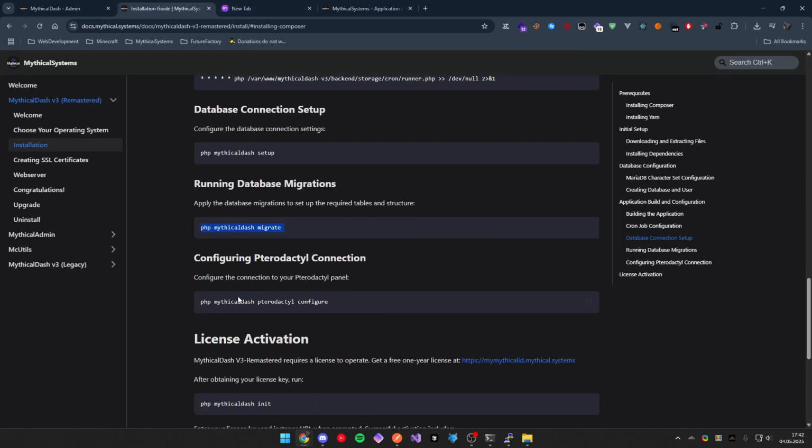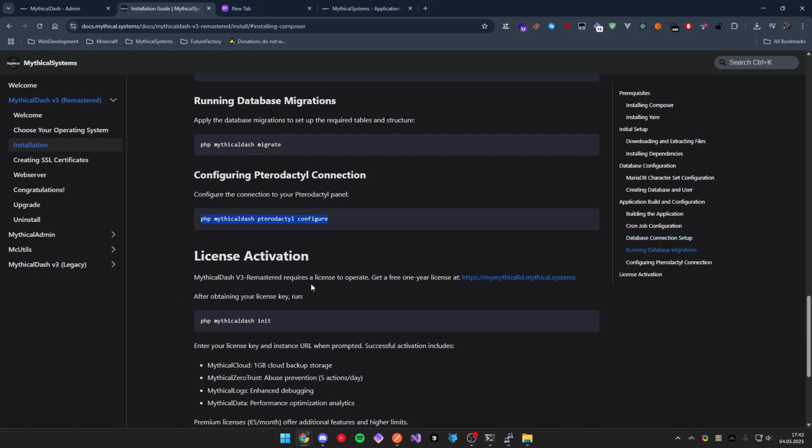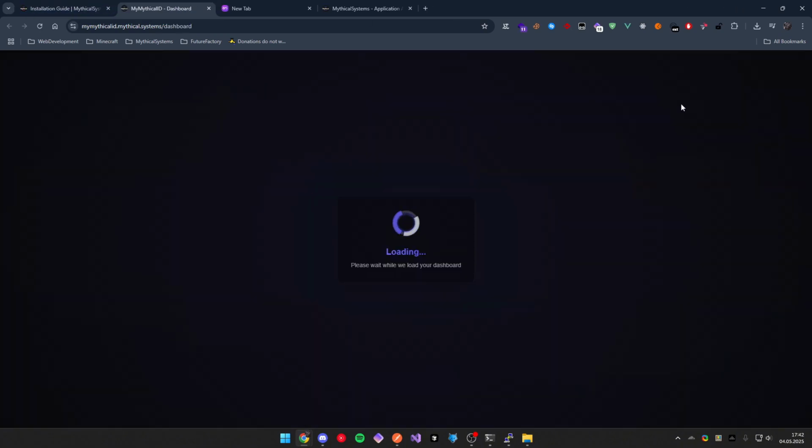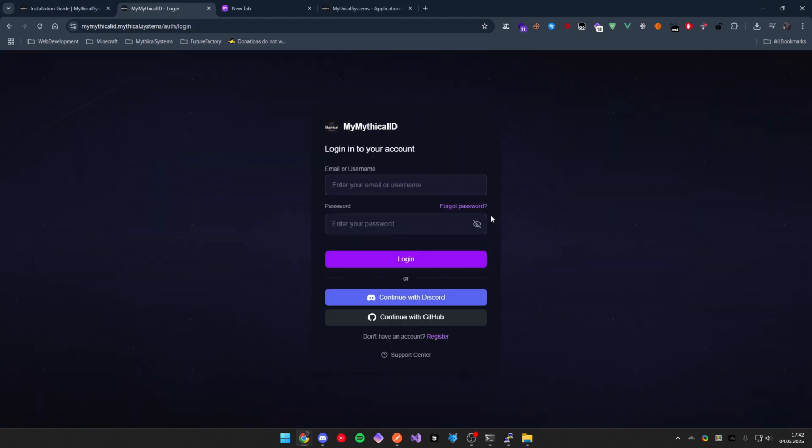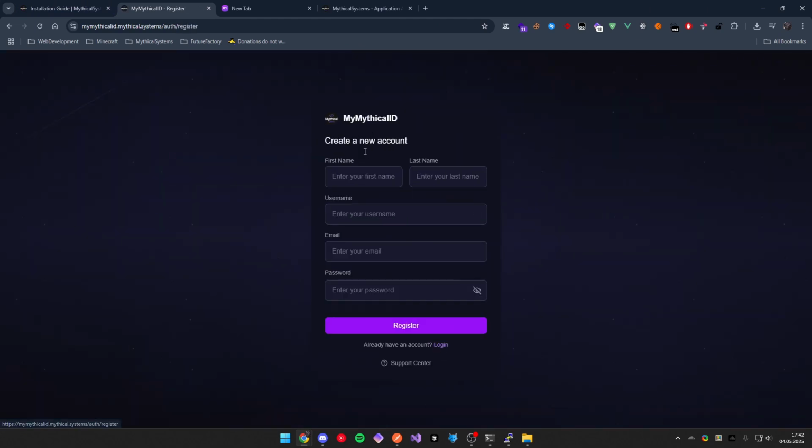Next, of course, we have the Pterodactyl connection. And now comes the important part. You need a license key to use MythicalDash. You can get it for free, don't worry. You just have to go to my Mythical ID, which is MythicalDash. This is a version of MythicalDash, but it's just modified for us. Then click on register, and let's name us